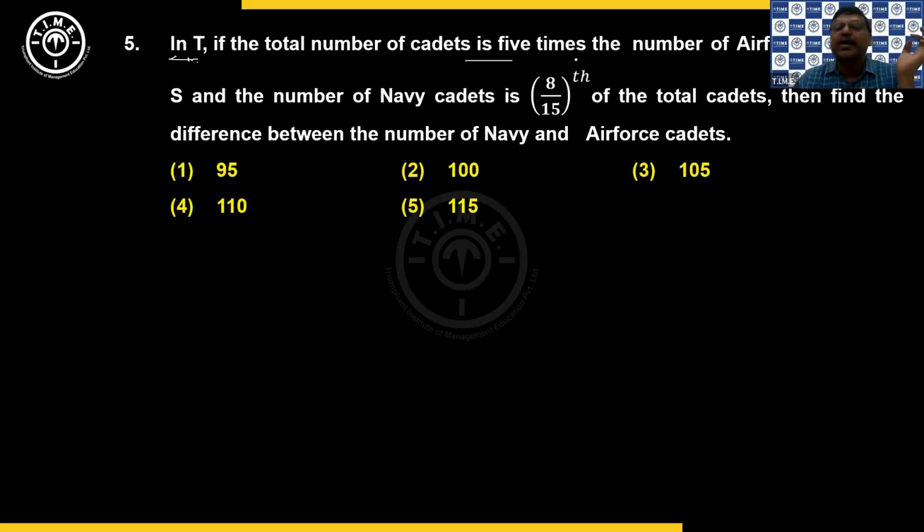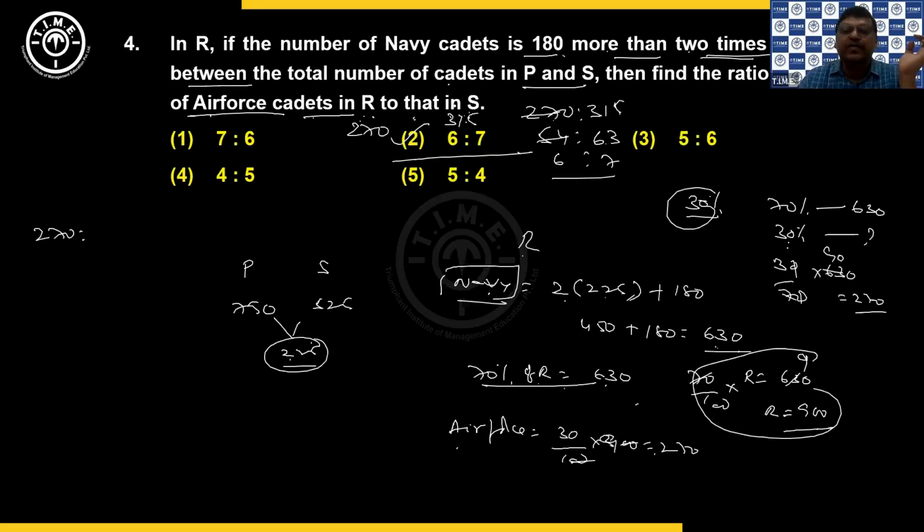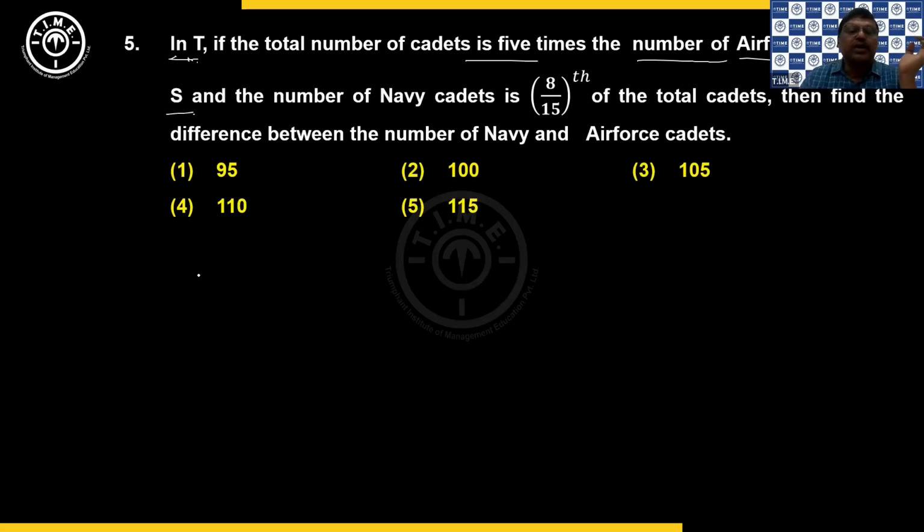The total number of cadets is 5 times the number of Air Force cadets in S. Students, what is Air Force cadets in S? Just now you told me Air Force cadets in S is 315. So now in T, the total cadets are 5 times the number of Air Force cadets in S, which is 5 times 315. It is 1575. And the number of Navy cadets is, students,